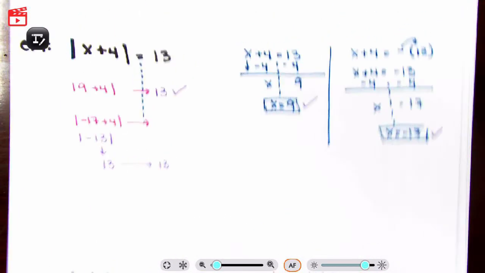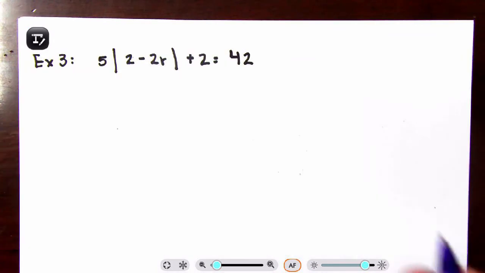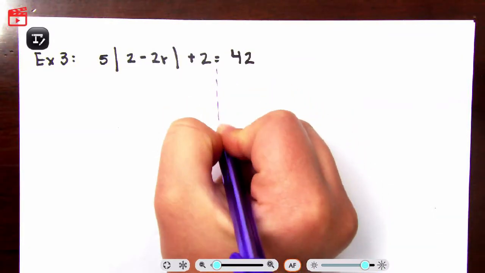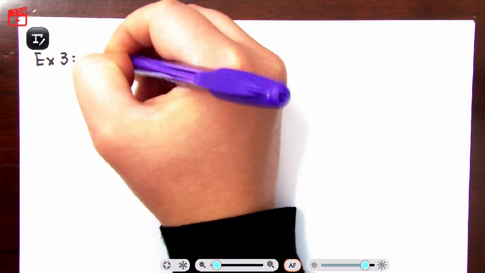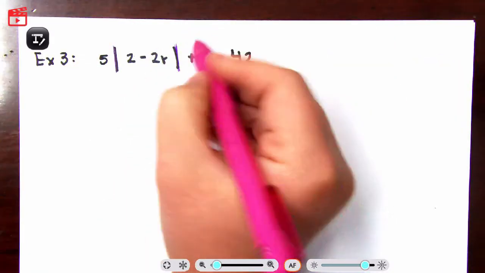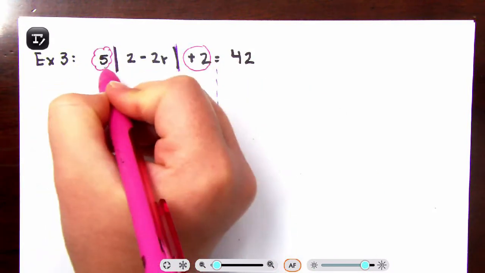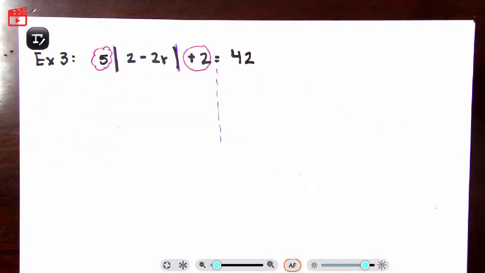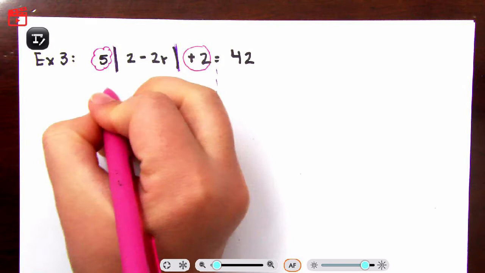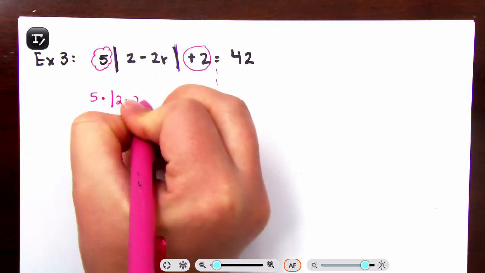Jumping into more. Alrighty, same thing, isolate the absolute value. So here's our absolute value. Notice that we have two things attached to it. I have this positive 2 and I have this 5. Now 5 is attached to this absolute value. Think of it as parentheses. It's attached by multiplication. So what we really have here is 5 times the absolute value of 2 minus 2r